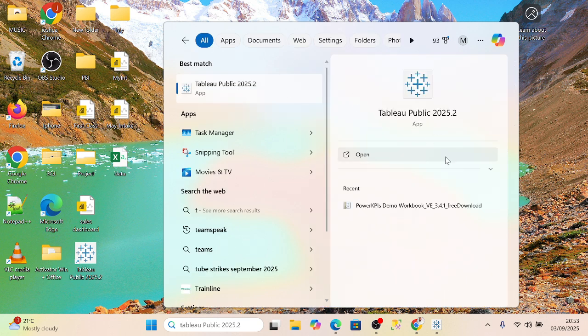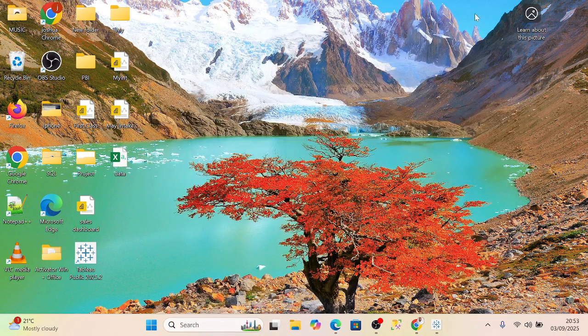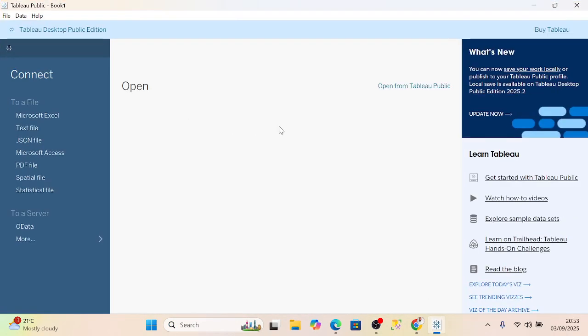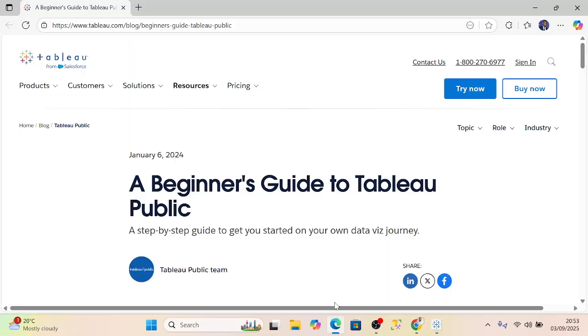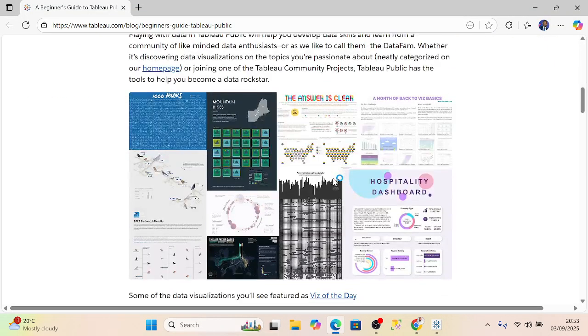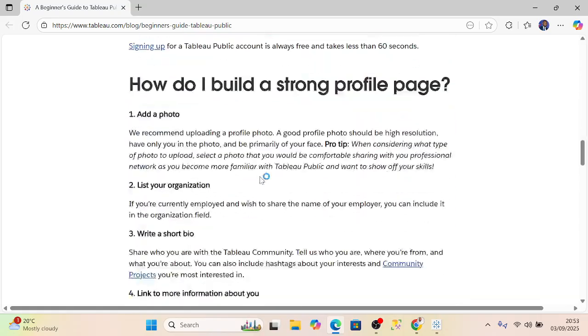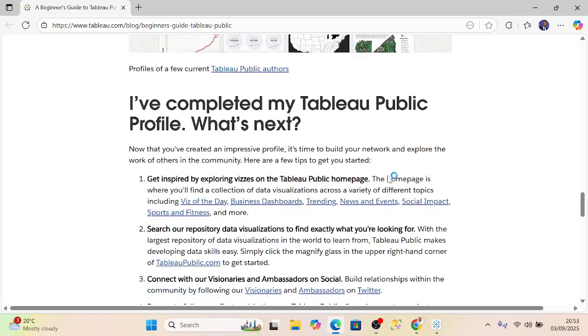Maybe it's not showing it, but basically it's a desktop version. Meaning it's not an online version, it's an application on the desktop. So if you click get started, you can get introductory videos, which can show you basically how some of the Tableau